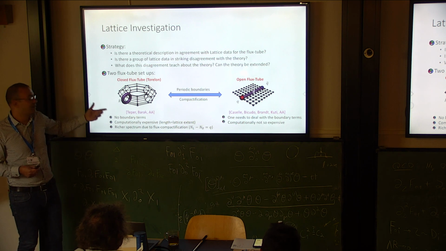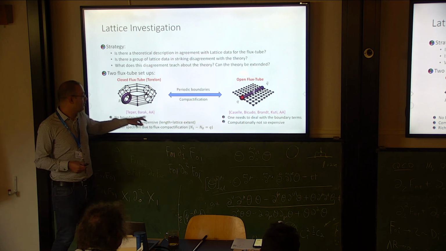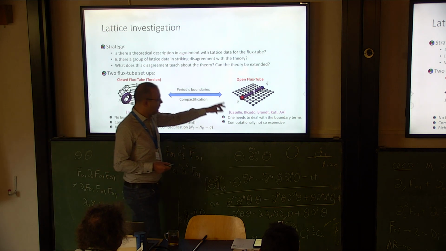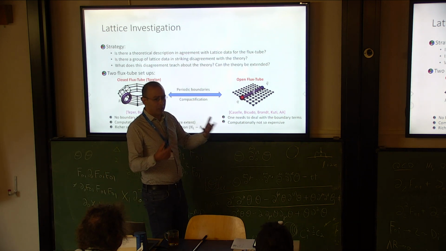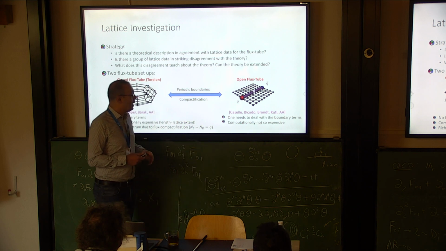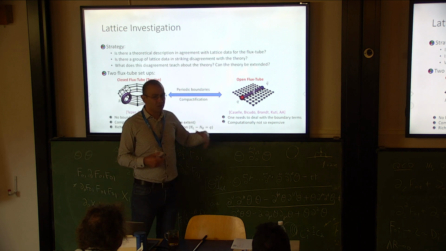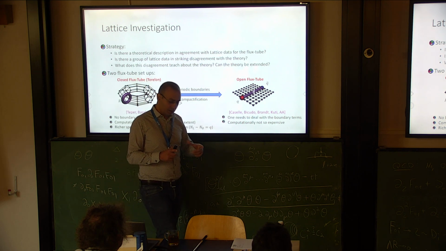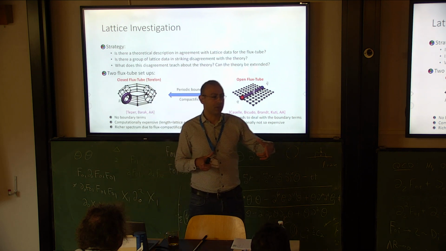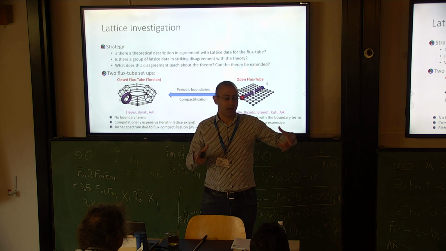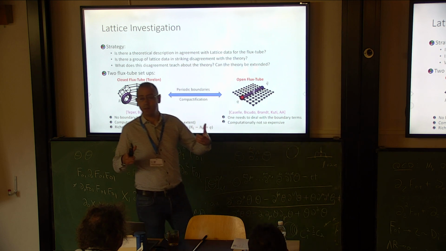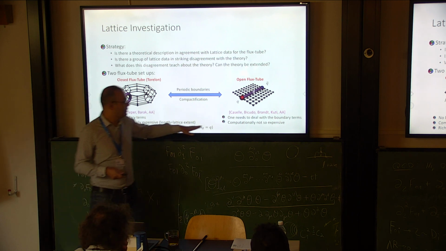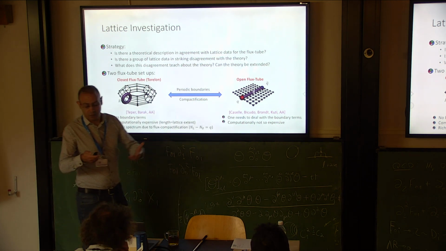You need to perform a different simulation because the length of the flux tube is equal to the lattice extent. While for the open flux tube, we need to deal with the boundary terms. However, the computation is not so expensive because this calculation is based on evaluation of large Wilson loops, and we can create these large Wilson loops within one simulation, within one calculation. And this is quite cheap in terms of computational time.